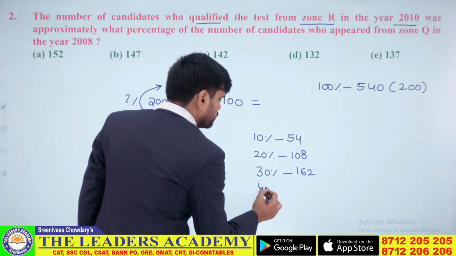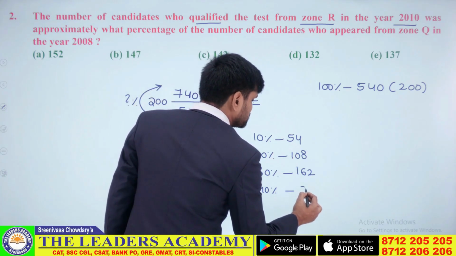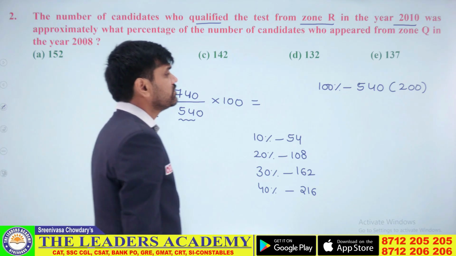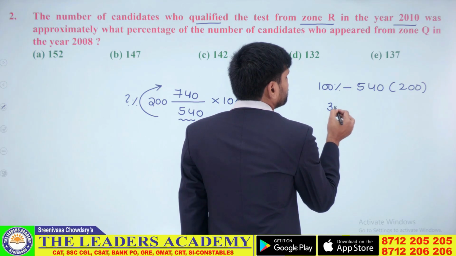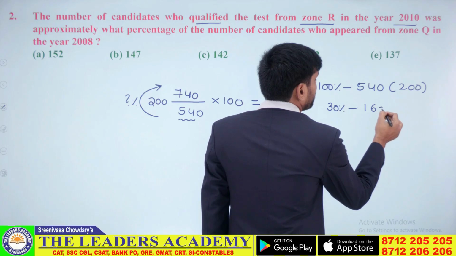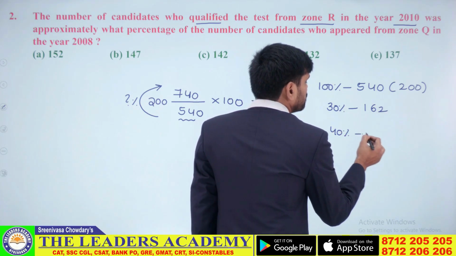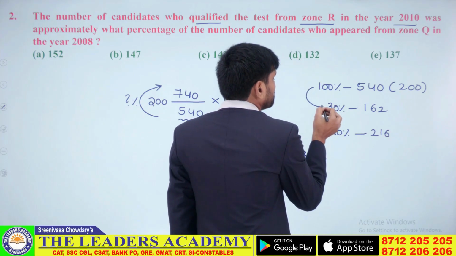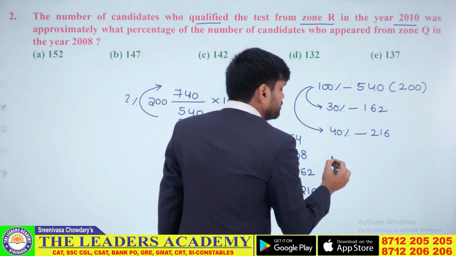40% will be how much? 40% will be 4 times of that, which is nothing but 216. Which means after 100%, I can go for 30%, which is 162. I cannot go for 40%, which is 216. So I can go for 30%, I cannot go for 40%, means my answer has to be between